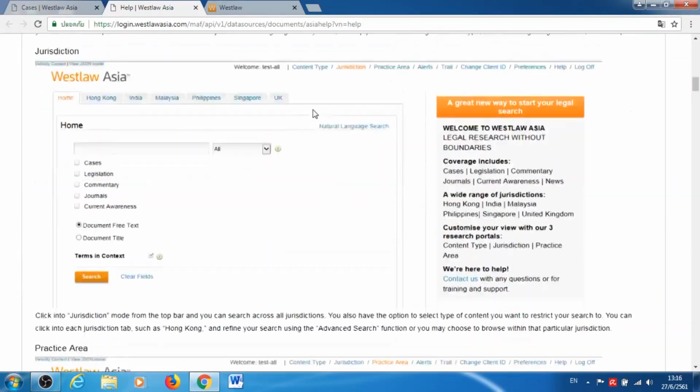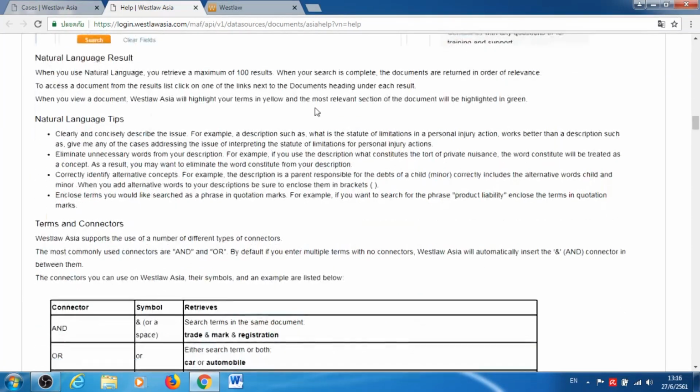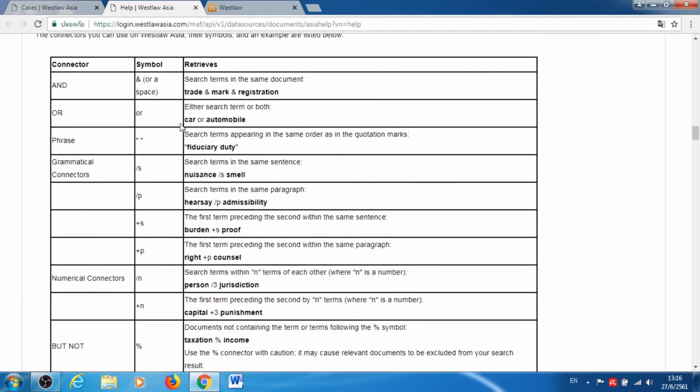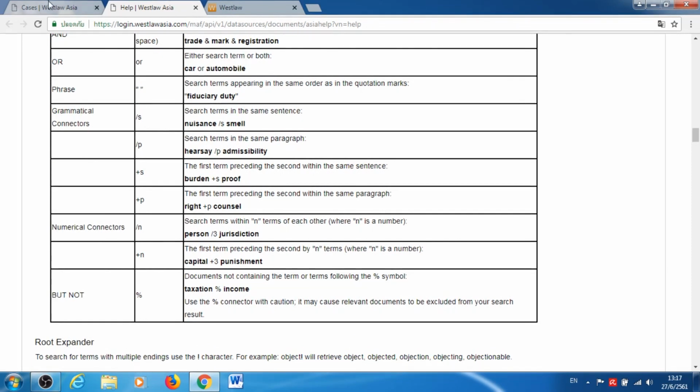So in the help section, you have something called terms and connectors. Now, these are ways that you use to filter your search results. So you have things like quotation marks, you have things like search within the same sentence, /s, or within the same paragraph, /p. So to give you an example now,